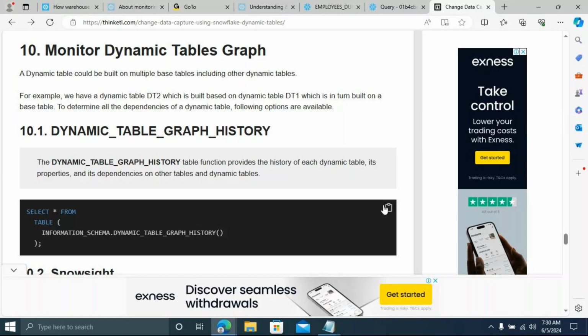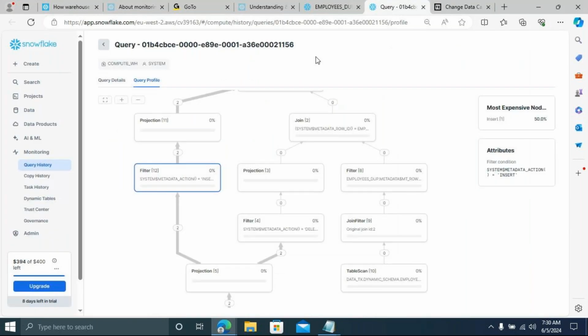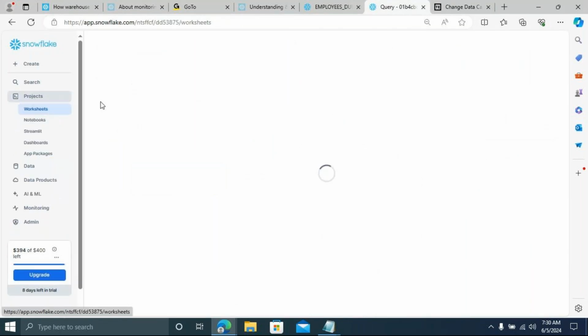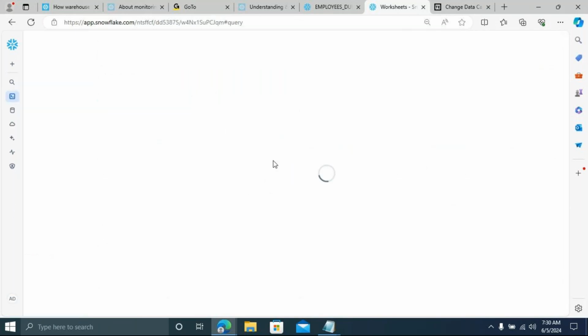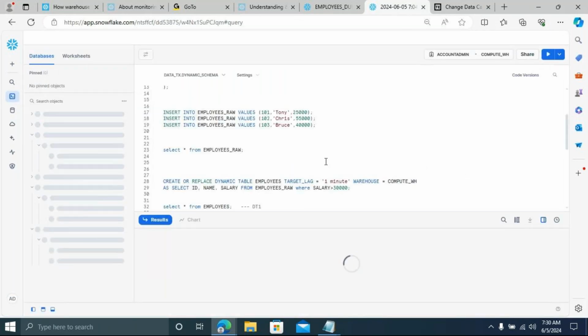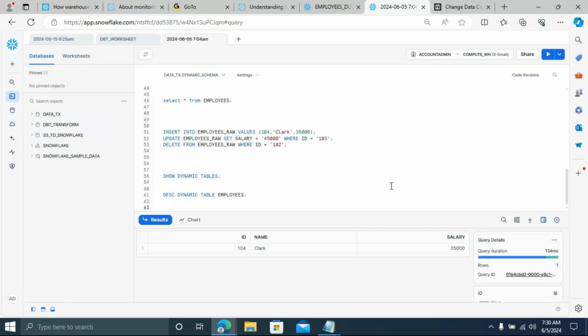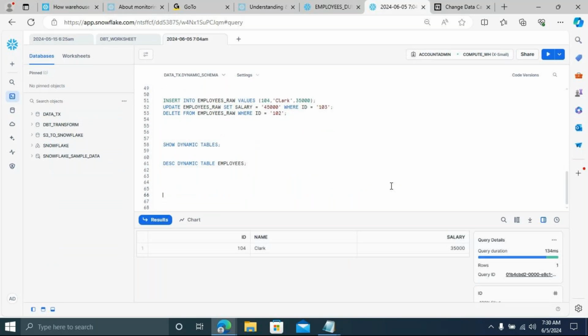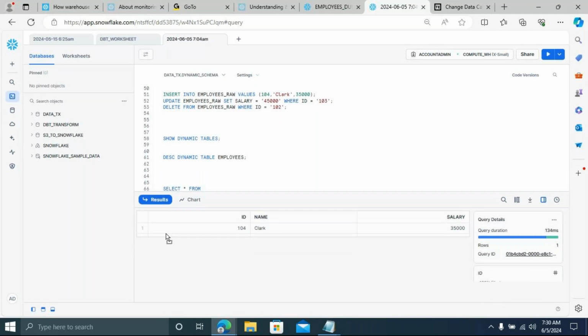I'm just going to run this one. We're going to see the graph history, because I already said one dynamic table depends on another dynamic table. Okay guys, do one thing. Just go again to the projects and then go to the title. Just execute this command. That's it. Select star from